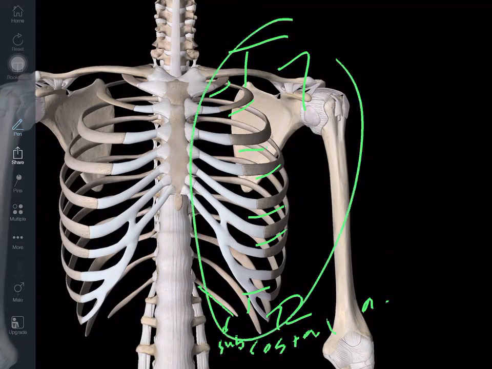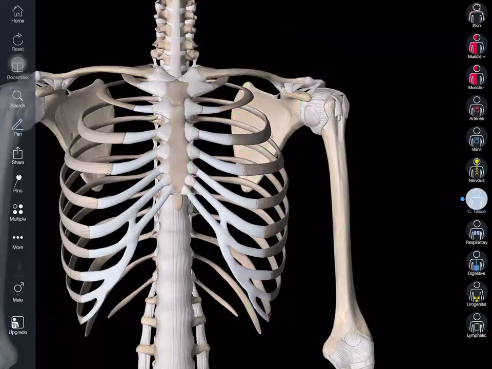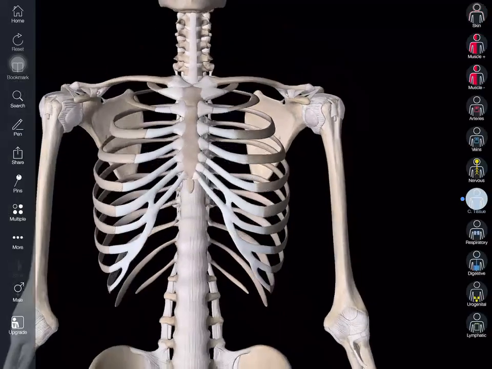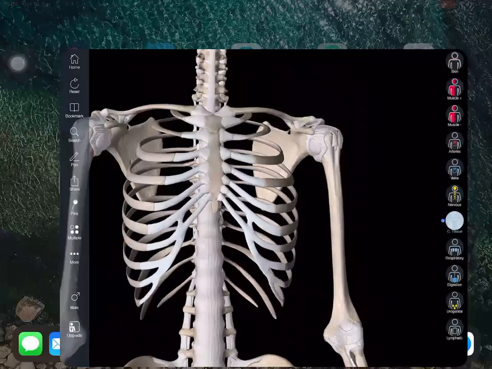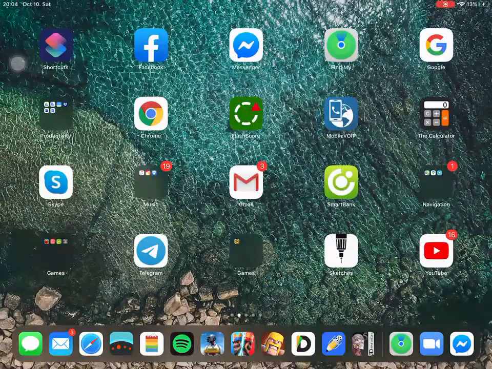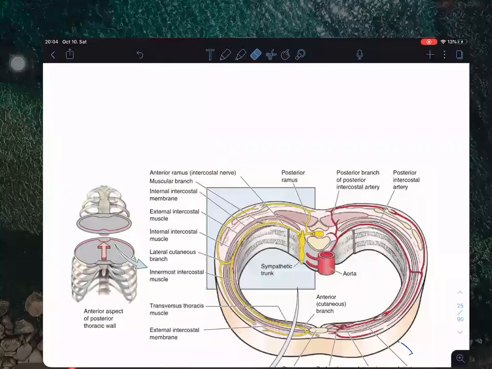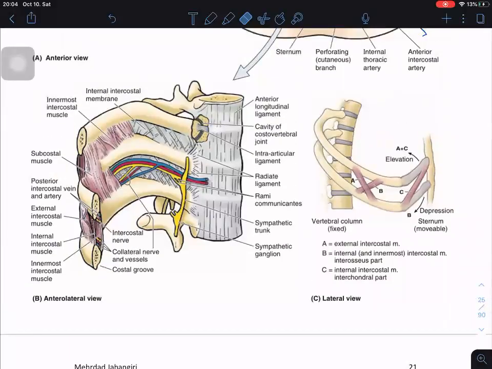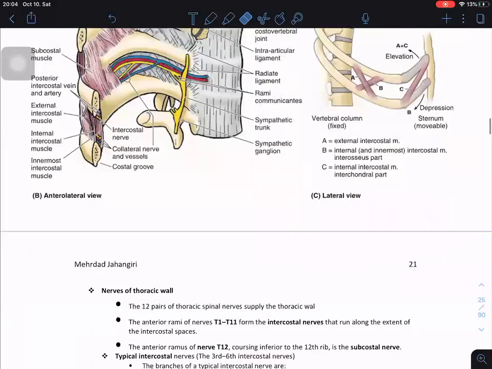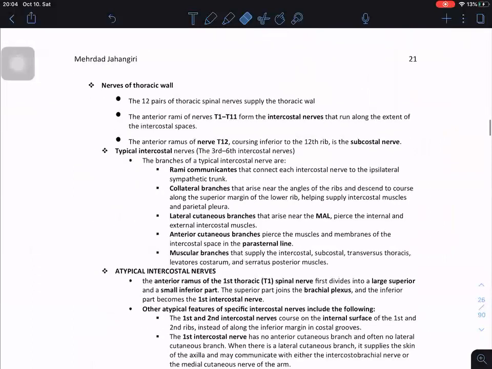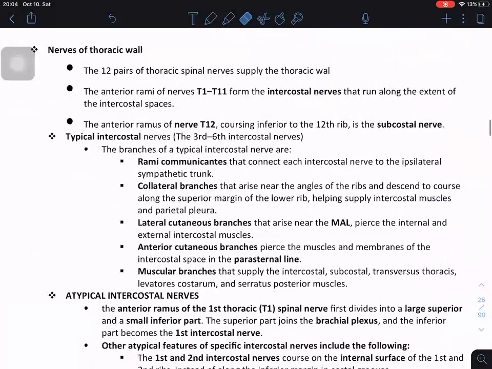So all these nerves are in pairs. Intercostal nerves, to know them more, as I told you, are responsible for supplying most of the muscles of the thorax. It's all covered. But what I wrote about them here is that you have to know